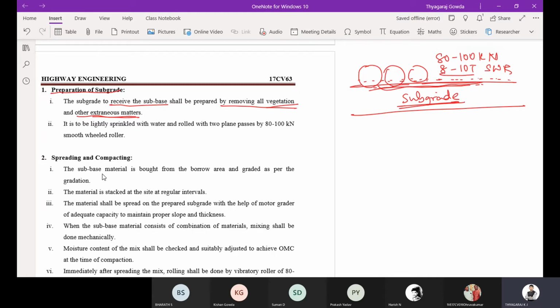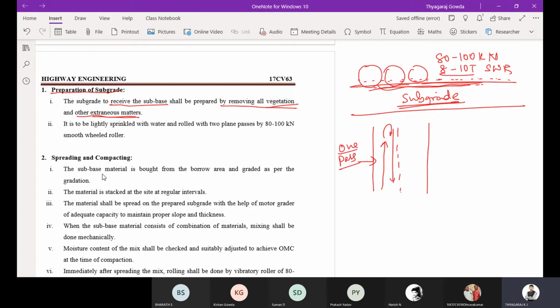Passes means rolling. I'll tell what that pass is. If you consider this as the road, and the rolling is done from this end and then coming back to the other end, reversing it, that we are going to call one pass.